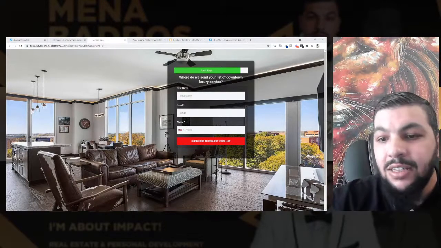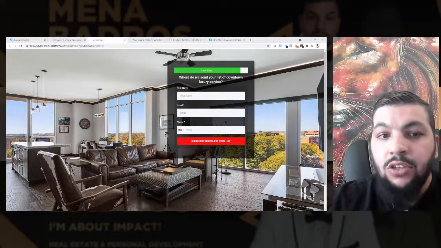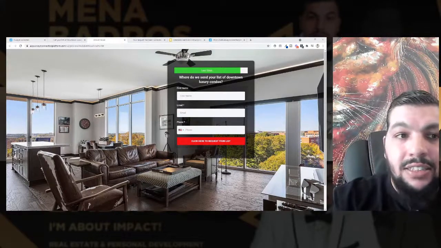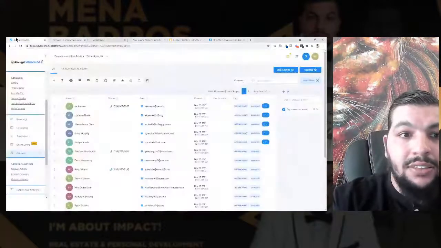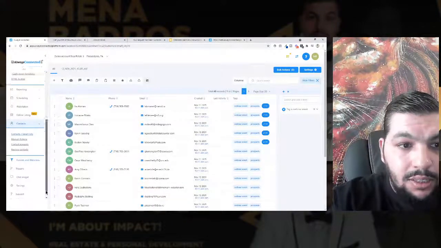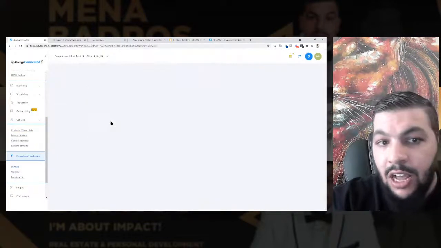I'll show you the system has templates that really has a lot of this set up. So this exact luxury condo sales funnel, it's called, that's a template inside the system. So let me show you kind of on the back end right here. So we have some of the funnels set up. This is that luxury condo funnel.